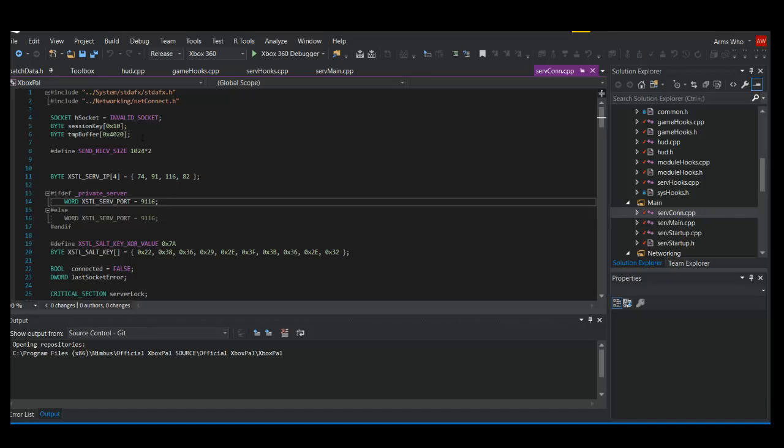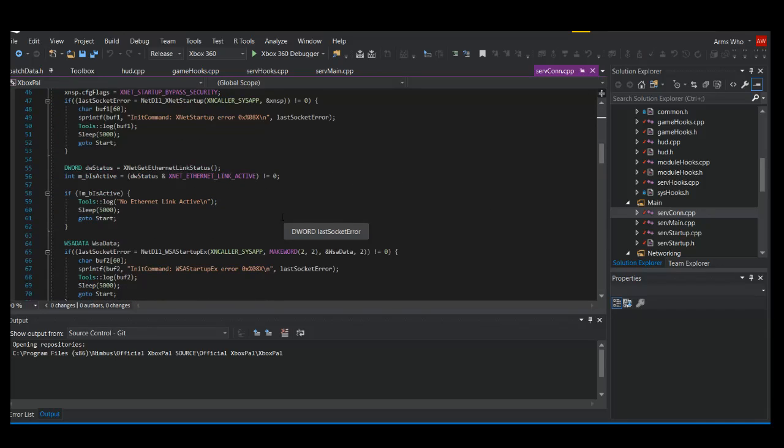Once you get your port updated, the next thing you're going to want to do, if you want, I don't because I'm not really that fancy. Sorry, that's Xbox. My controller's jacked up. Oh my god, it's driving me nuts. Okay, next thing you're going to do is, if you want,